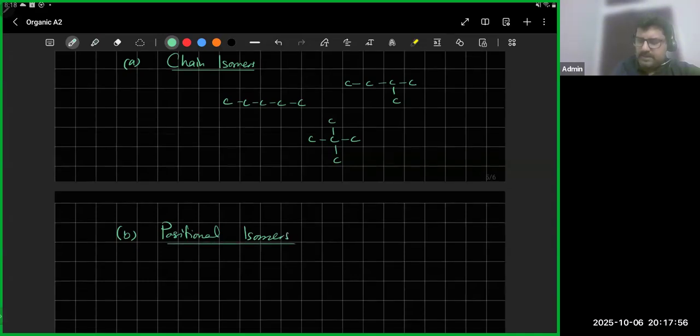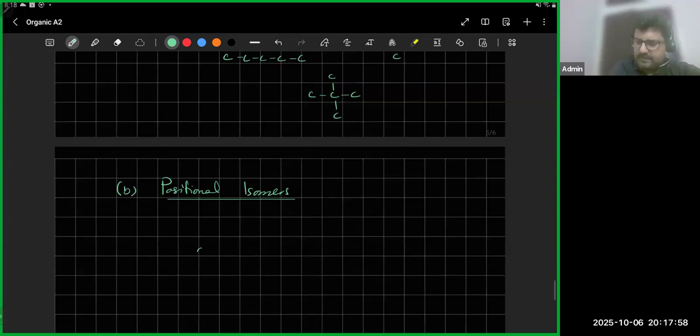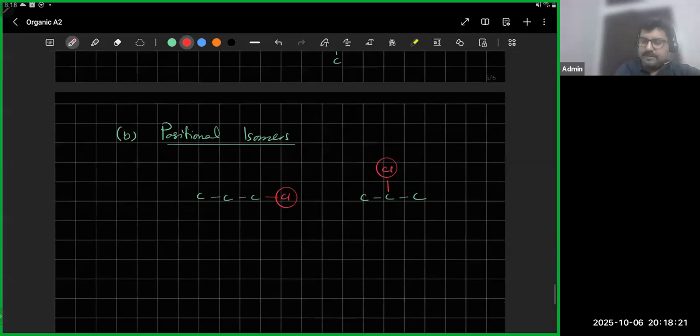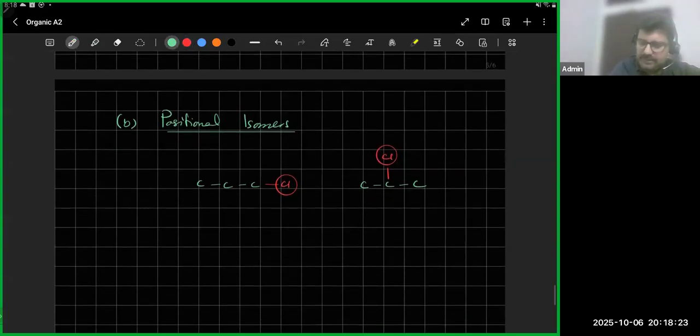So positional isomers are that if you have 3 carbon atoms and you have a Cl, well, the Cl could be on the first carbon atom, or you could have another one where the Cl could be on the middle carbon atom. In this particular case there's just 2 possible positional isomers. Then you have a third one which is